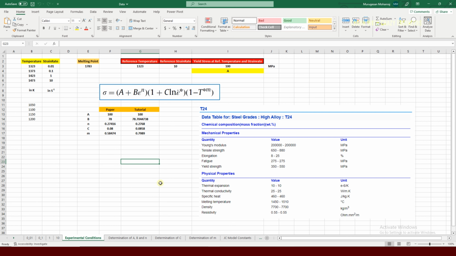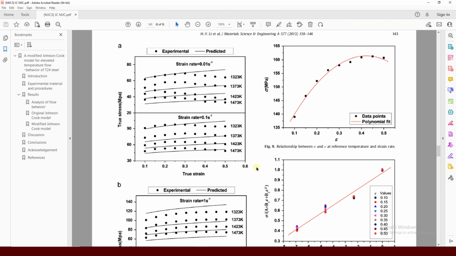I will show some example which we used before, like this is the paper data we used for data extraction. Also this is the data we used to build the Johnson-Cook model. So as you can see here, they made some comparison plot. In this plot you can see there is experimental data in terms of points and predicted data in terms of a line, which means that they have the real-time experimental data and they extracted the predicted data from the Johnson-Cook mathematical model and they made a comparison to show how good the prediction data is with respect to